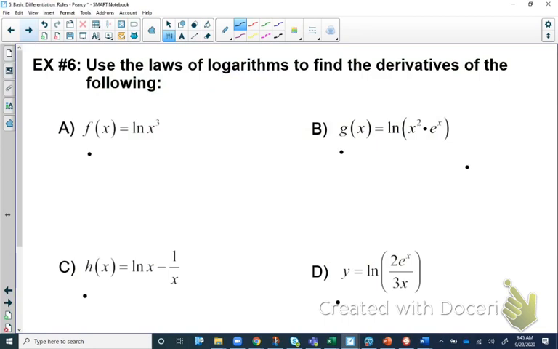And this is really where we're going to start finishing up what we're doing here. I think these are our last examples. So using the laws of logarithms, find the derivatives using the following. I'm going to work through these together as a group just so we can get them all done. The natural log of x to the third power is